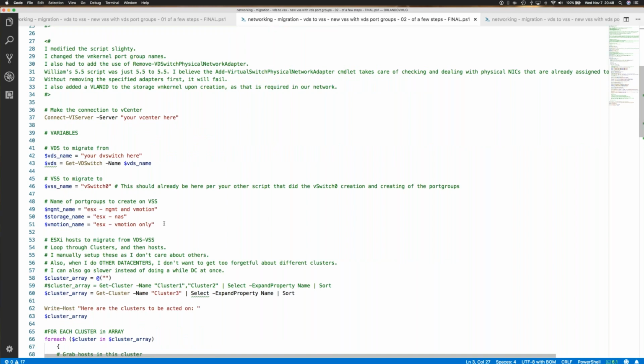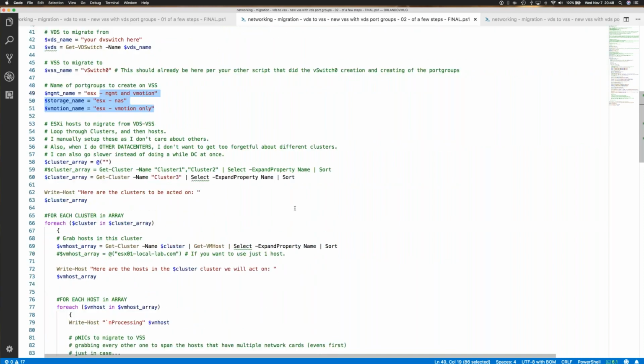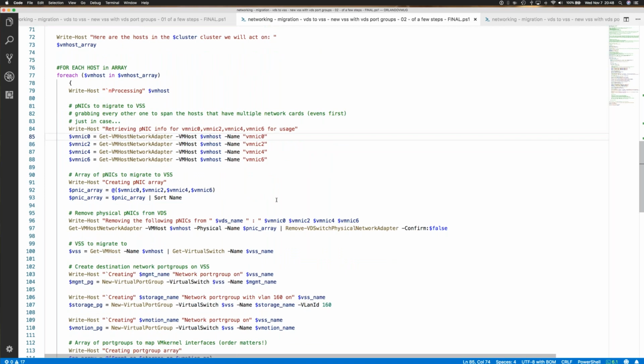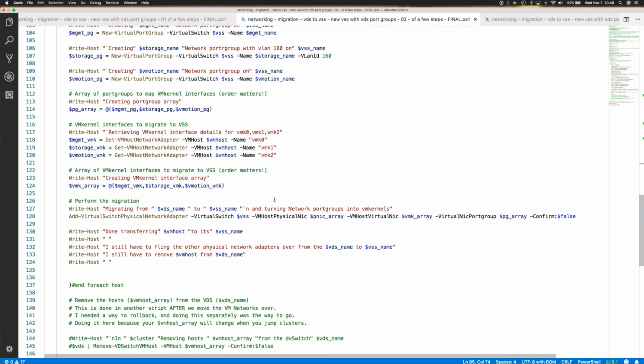Set up your VM kernel names that you're going to use, select your cluster, select your array. I chose to modify his script and do, as I said, the evens, because we had 8 NICs in our environment. We chose to do the evens first, just in case. Move everything over, and now after this script is run, our environment was running at,